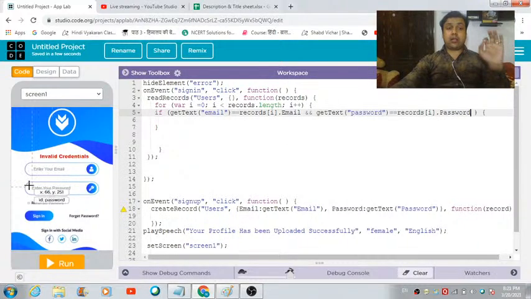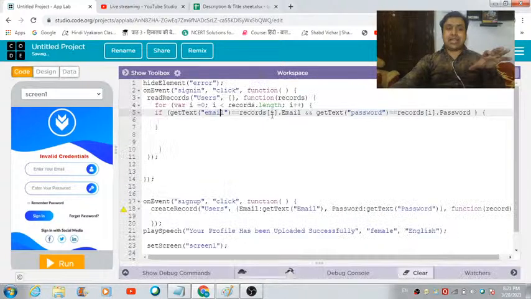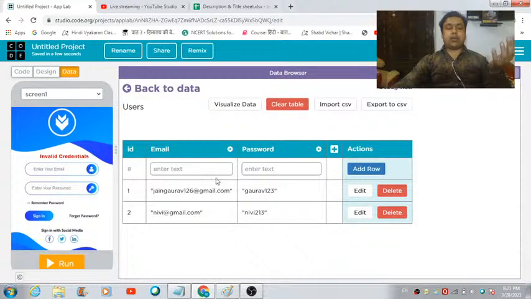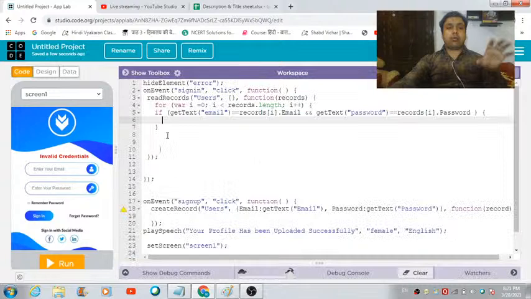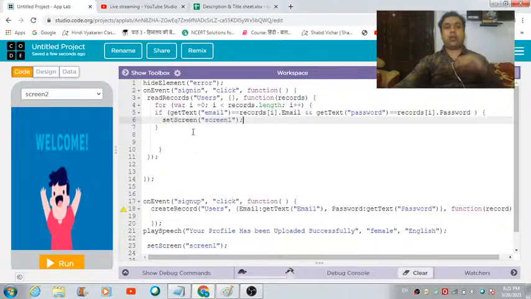So whatever the user is going to mention over here, it is going to be matched with this password field. And if these two things match for any particular record inside this users table, I would like the user to be redirected to this screen 2. For doing that, we can make use of this line of code and put it over here. So he will be redirected to this screen 2,